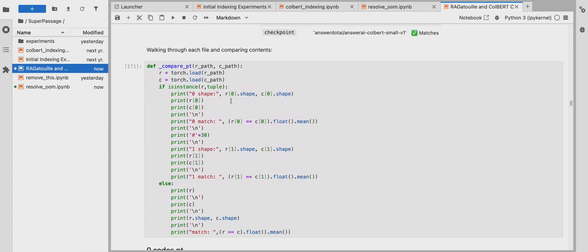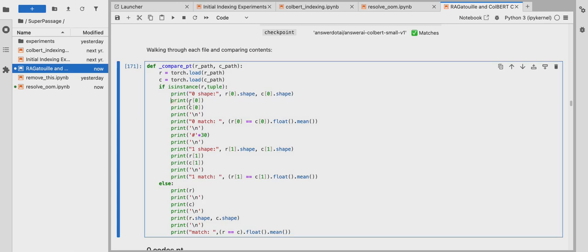First I did this manually, and I saw that in some cases, some of the PT files had tuples, and some of the PT files had tensors. So if it's a tuple, then in each case it was always two objects in the tuple. So I wanted to make sure I could see the shape, I could print the sample values, and then the